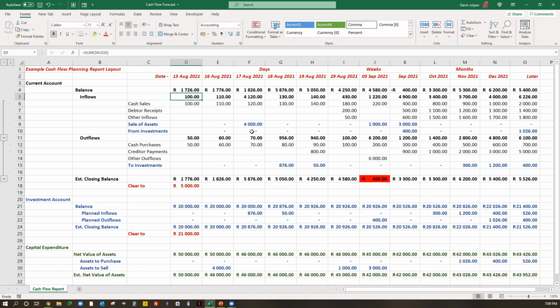Also on this day, we actually got 4,000 Rand in, which is why we went up such a lot, from the sale of assets, which happened yesterday, basically, or we recorded under assets. We then move up, there's an extra 50 Rand there, which goes down there, and then we're under the 5,000 again. And then we're short of 400 Rand on this 5th of September. So where do we get it from? We pull it out of the investment account here. That 400 Rand comes out of there and it goes in there.